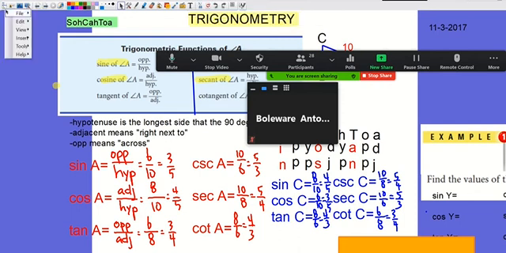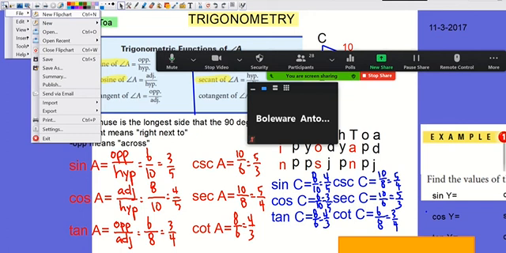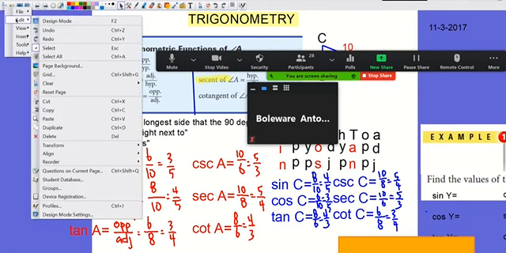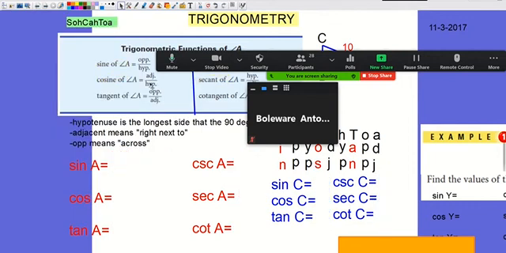Okay, so let's talk about trig. This first portion should be review from what you did in IM2. Okay, so let's start with